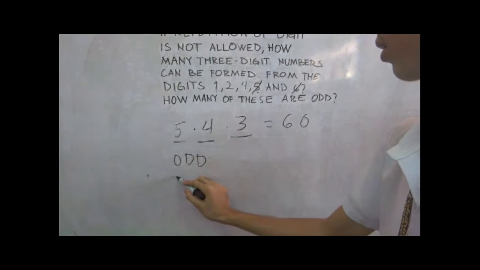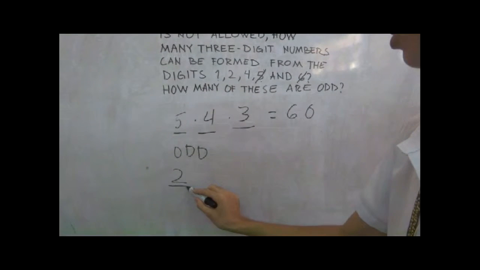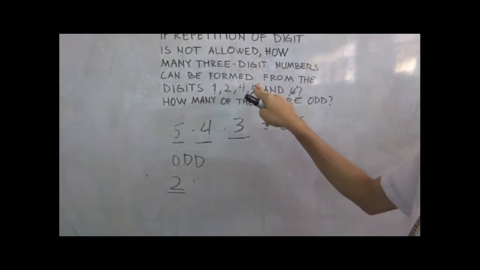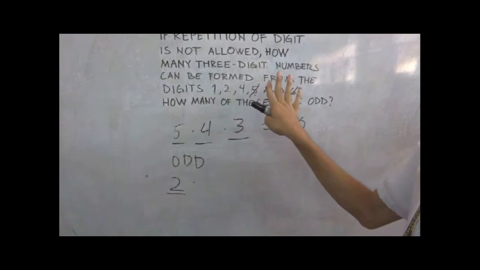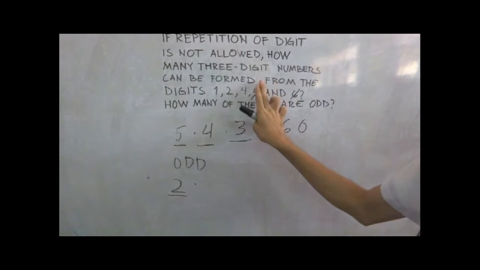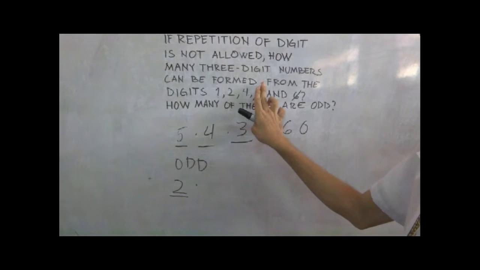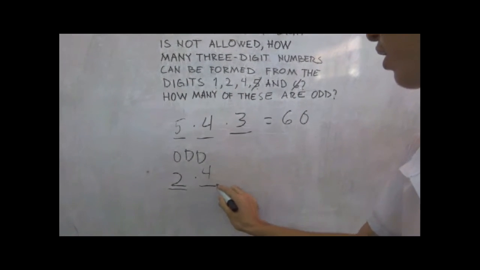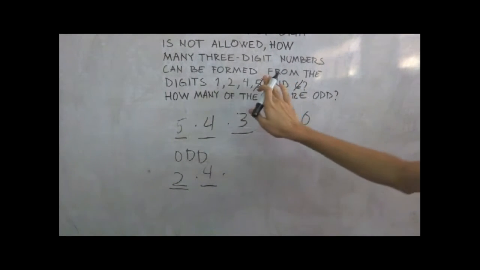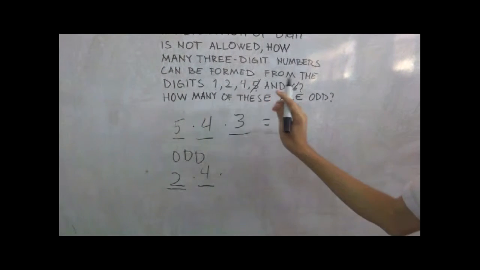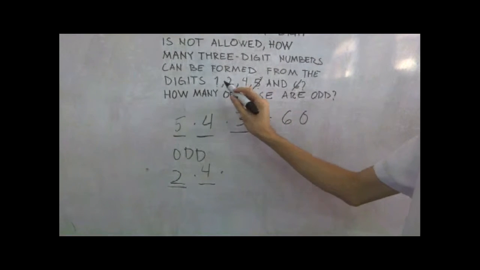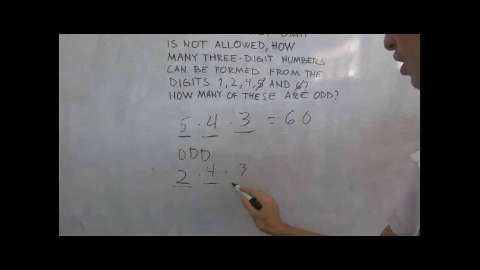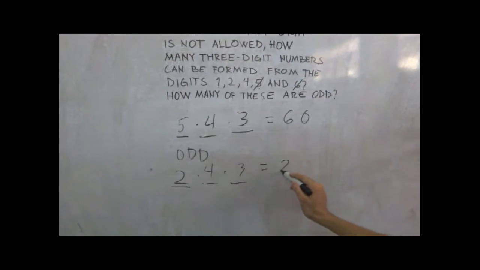So we pick. So there are 2 times. After that, we pick one of these 2. So if we pick 5, there are 4 digits left. So 4 times, and then if we pick 2, then there are 3 digits left, so 3. And the answer is 24 3-digit